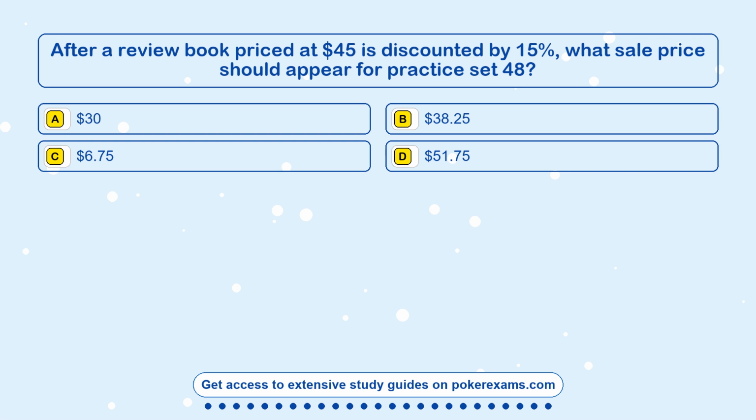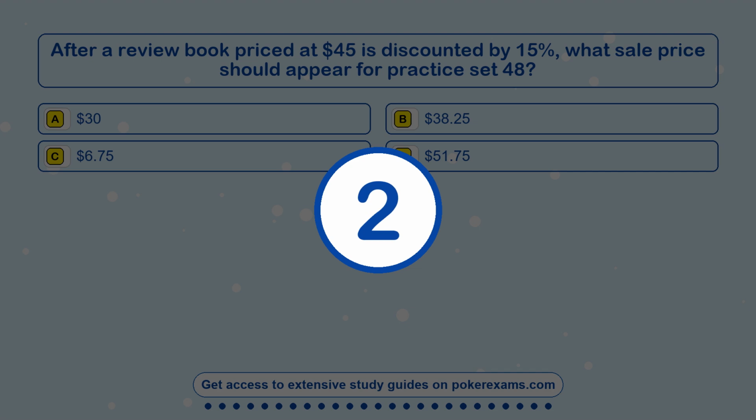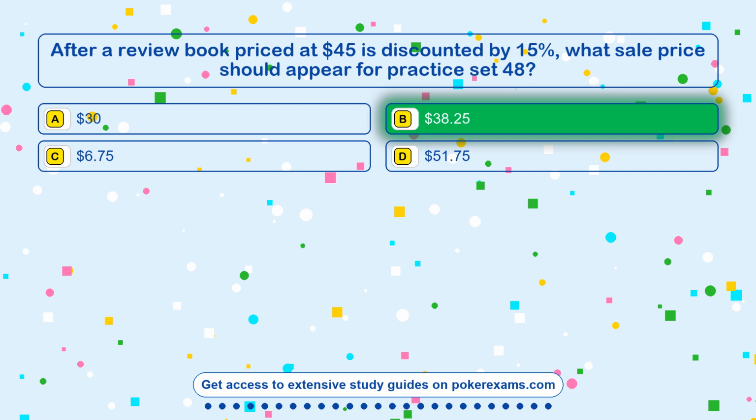Question 3. After a review book priced at $45 is discounted by 15%, what sale price should appear for practice set 48? Option A $30. Option B $38.25. Option C $6.75. Option D $51.75. The correct answer is option B,